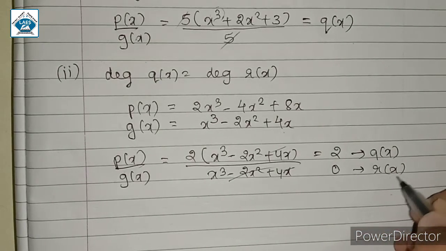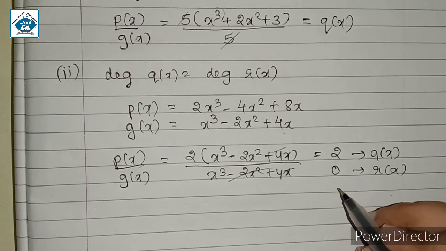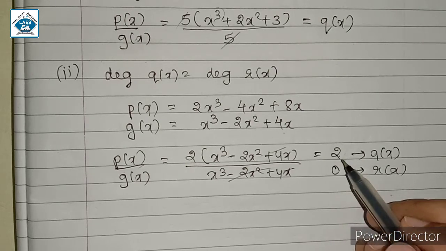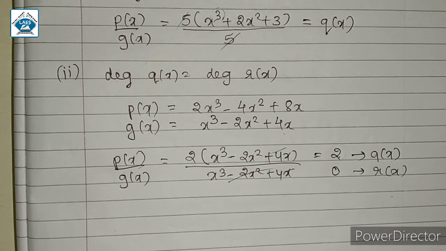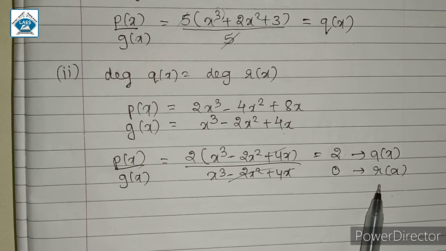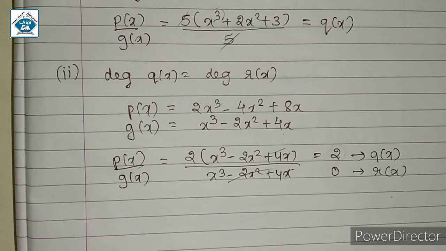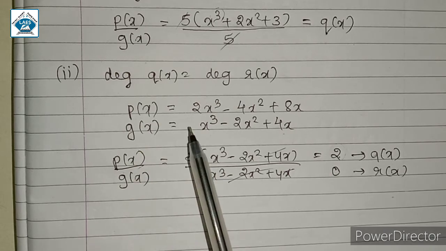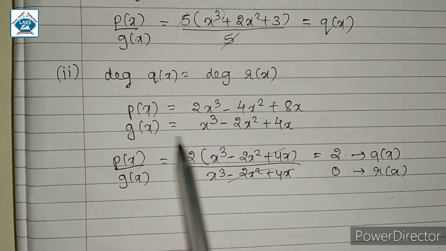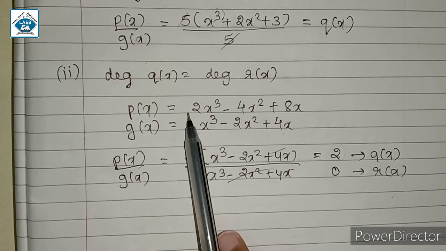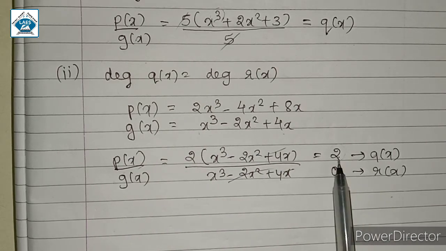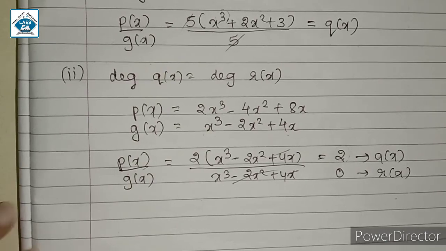Since 0, the remainder, is of degree 0 because it is a constant polynomial, and similarly 2 is also of degree 0 as 2 is also a constant polynomial, then we can say that in this also degree of q(x) is equal to degree of r(x). So now you must have understood how we should take p(x) and g(x). In this question I have done nothing but simply multiplied g(x) by 2 so that I will get q(x) of degree 0, that means a constant polynomial. Similarly you can think of many other polynomials which satisfy this condition.